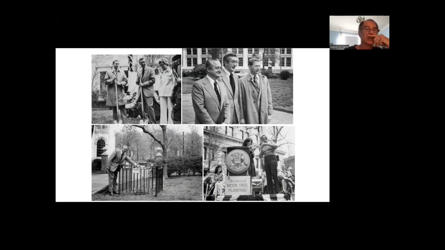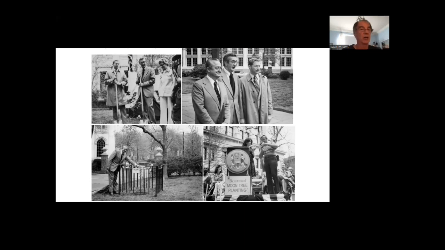What I'm showing here is a bicentennial planting celebration they did at Washington Square in Philadelphia. This was the first official moon tree planting that they had. And Stuart Roosa is in the top two pictures. On the leftmost picture, he's on the farthest left, and on the rightmost picture at the top, he's at the right. And so he took part in the ceremony planting this moon tree in Philadelphia. Sadly, that one has since died, but these celebrations went on all over the country.